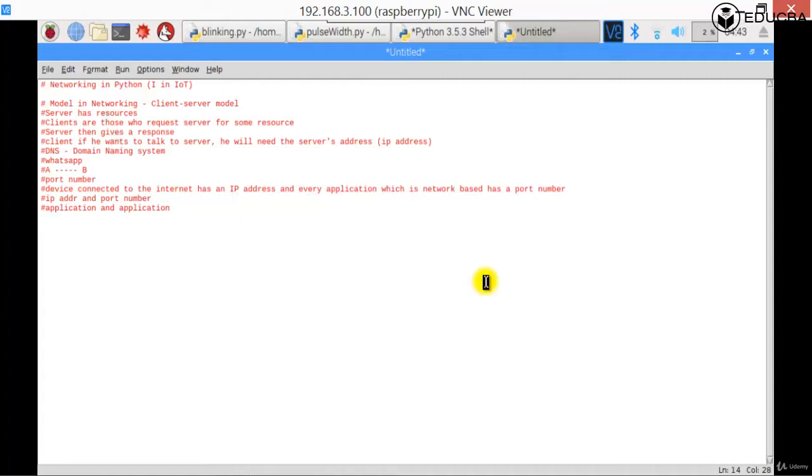Now, let's think about the VNC that we are using currently, right? We are using a VNC viewer.